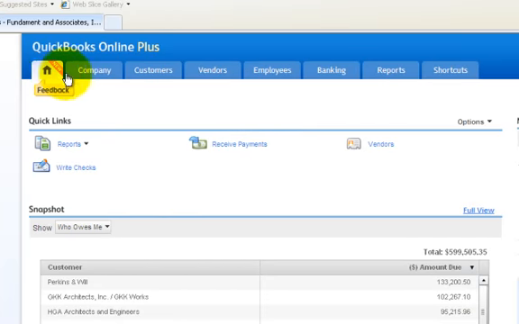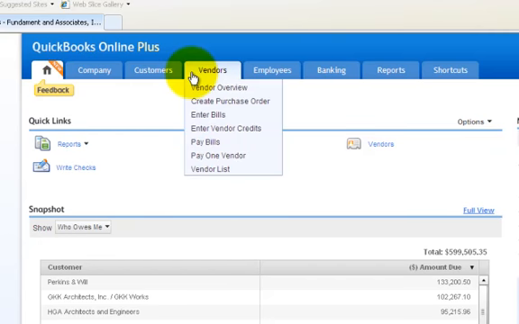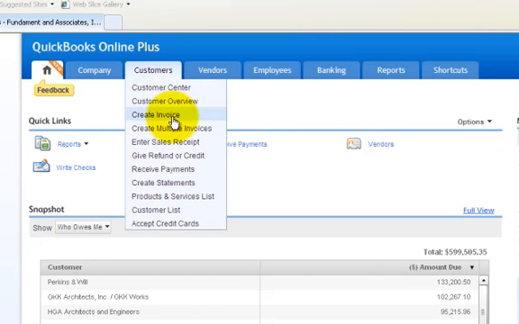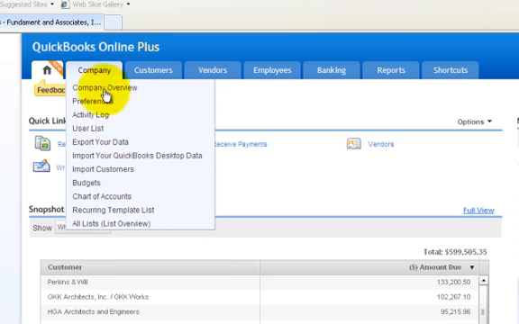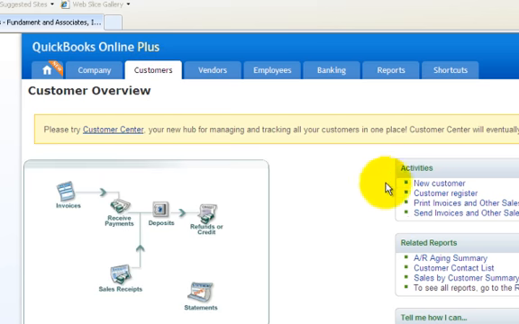Okay, now going back to the tabs up here, you can mouse over the tabs and each tab will drop down a list. So under customers I can create an invoice, or I can enter sales receipt. Under company, there are all the company preferences, or you can actually click on the tabs and get the full list here for you, or the graphical list as you're kind of used to in the older QuickBooks desktop version. Okay, both work,